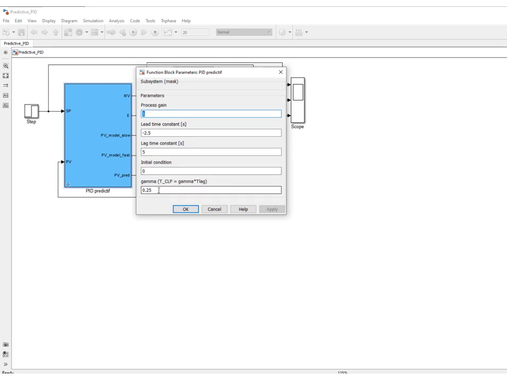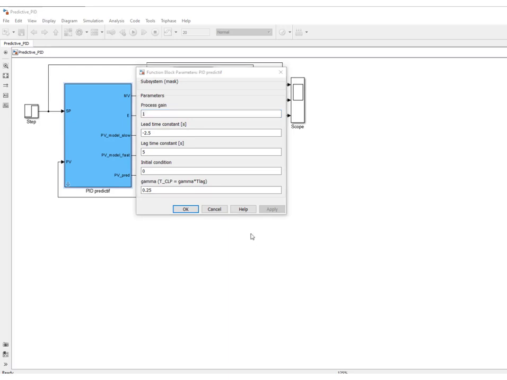So here we are going to use again IMC PID tuning, and we can do as if the process is a first order system, because the predictive PID will take this lead system with negative time constant out of the